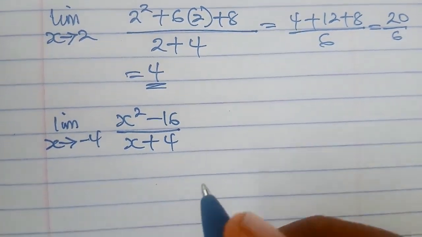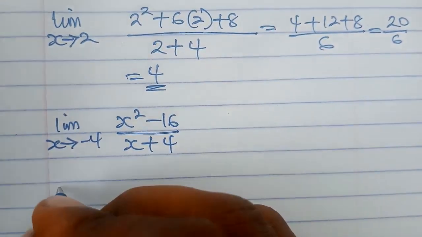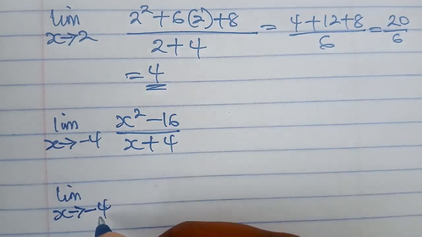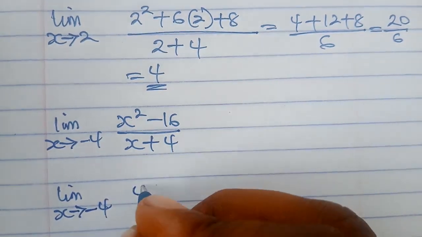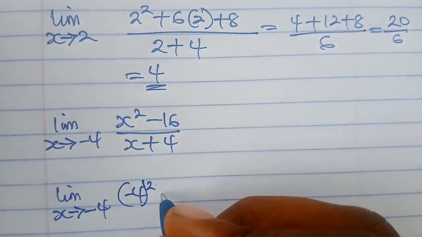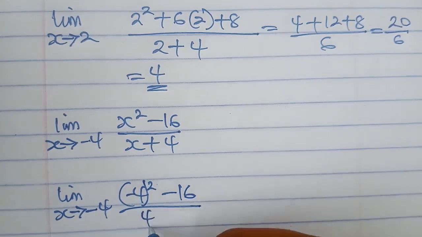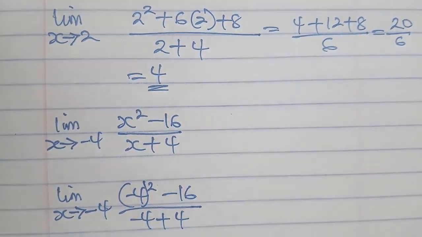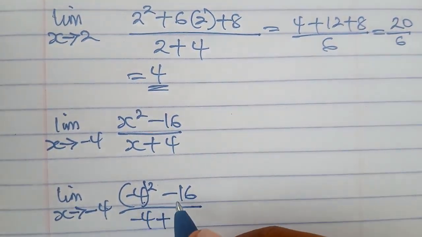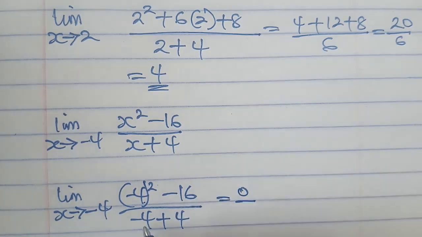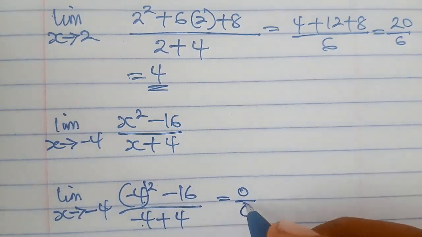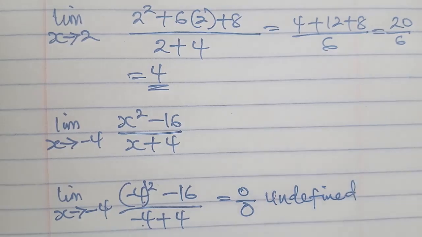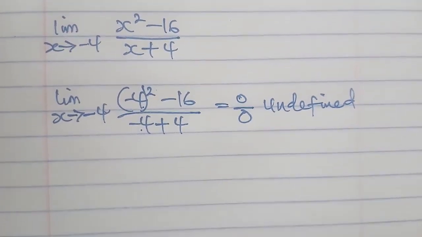Here, if we go by direct substitution, we're simply going to have the limit as x tends to negative 4. We input negative 4: negative 4 squared, which is 16, minus 16, over negative 4 plus 4. So you see on top we have 16 minus 16, which is 0, over negative 4 plus 4, which is 0. So here, this is undefined. So we'll now look for another method that we can use to solve this same problem without having